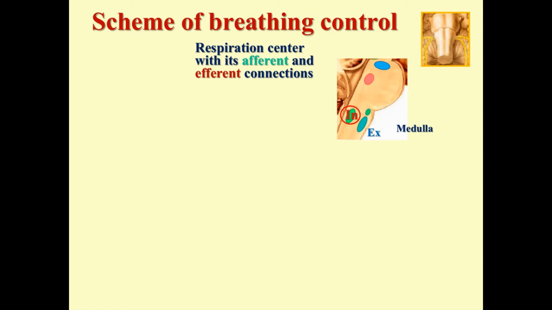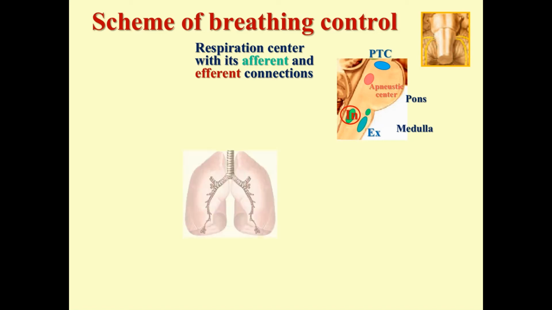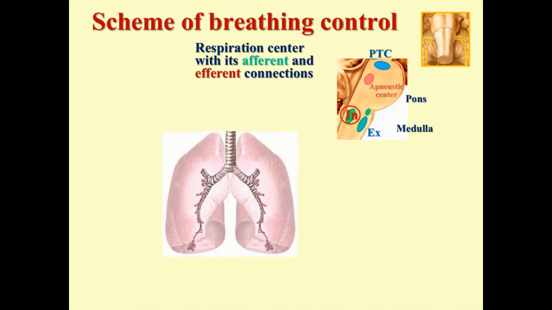Expiratory neurons of the ventral respiratory group are located ventrally. The pons contains the pneumotaxic center and the apneustic center. The interconnections of the centers I'm not going to show right now. Let's add the lungs, also the main inspiratory muscle, the diaphragm, and for example the inspiratory intercostal muscles, just two ribs